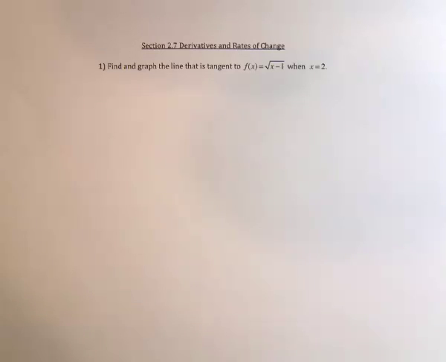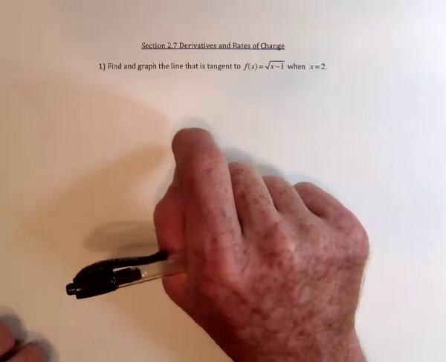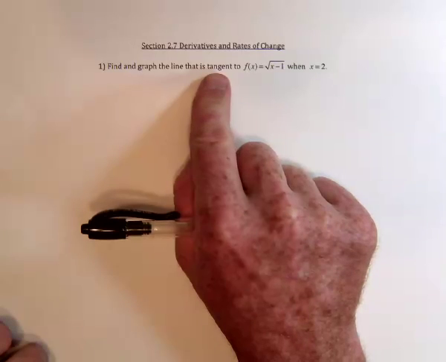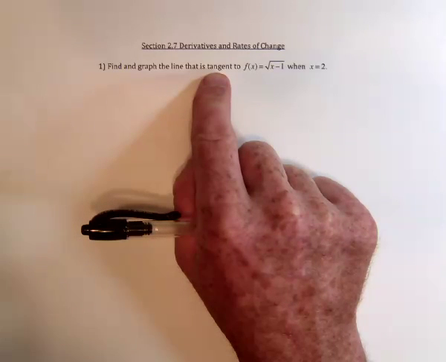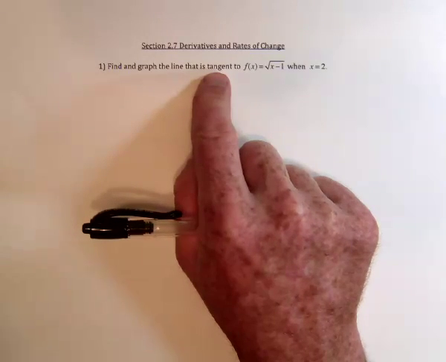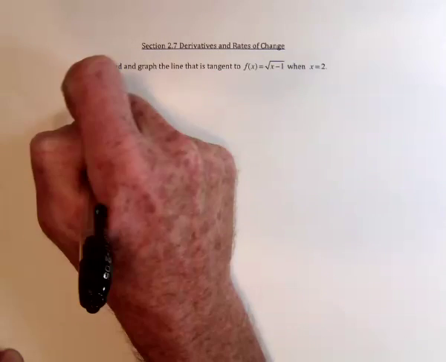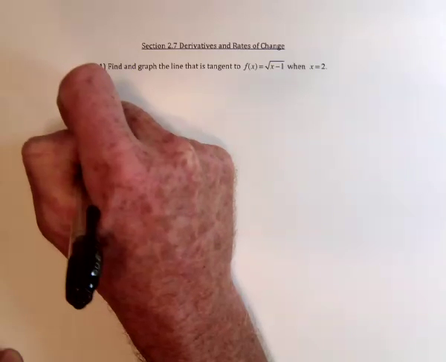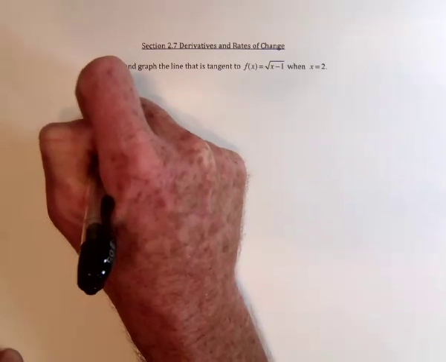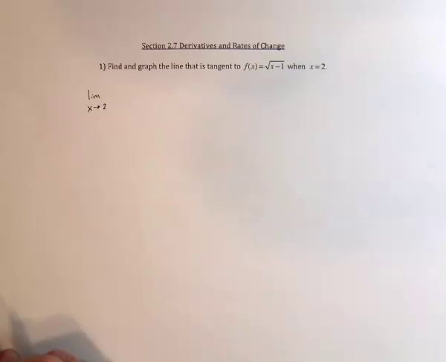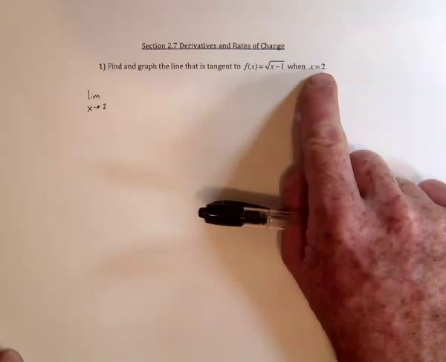So now we're going to use the definition of the derivative to find the slope for the tangent line. Whenever problems talk about a tangent line, you can use the derivative for finding the slope. There's two forms for finding the derivative when using the definition. I'm going to use the form that would say take the limit as x approaches a, or in this case